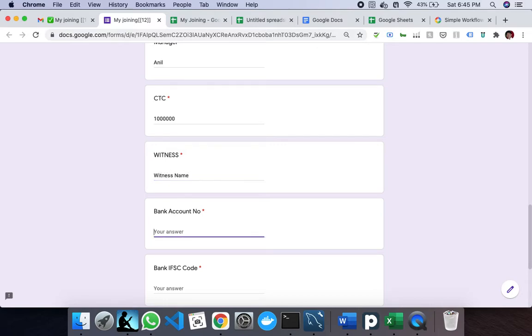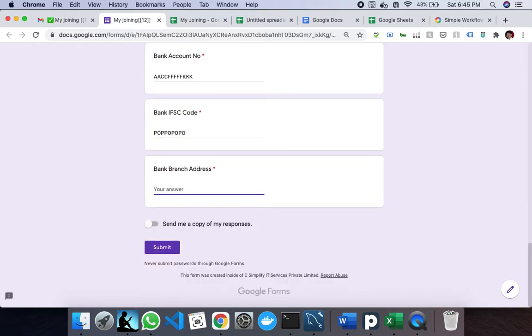Bank name and account number, let's say AACC, PBFF, whatever. IFSC code, which is required to transfer the salaries and other stuff in India, and let's say then the branch, sector 31, Gurgaon.